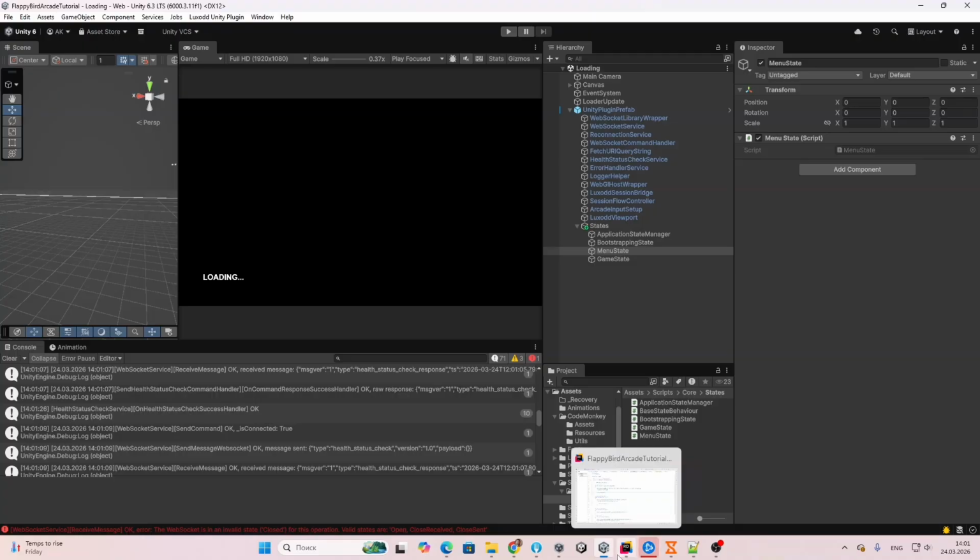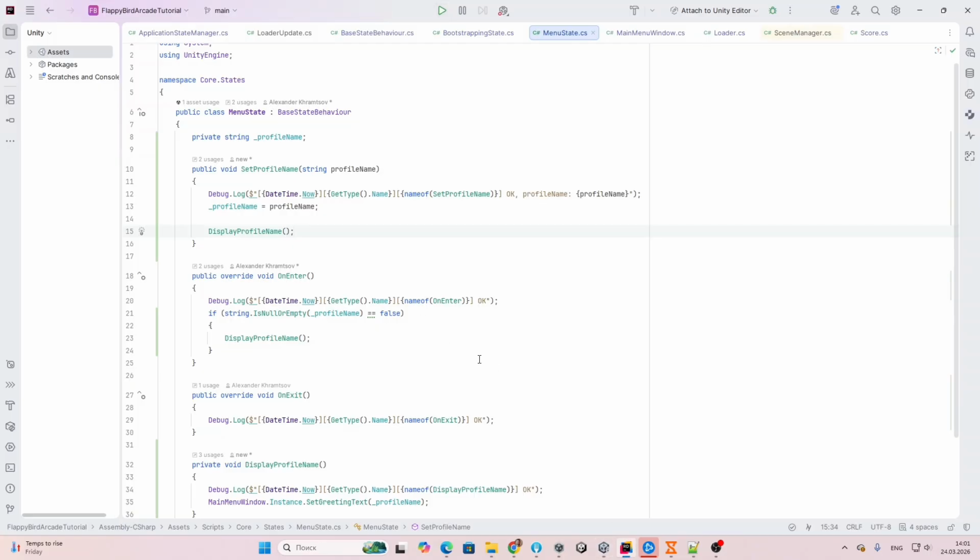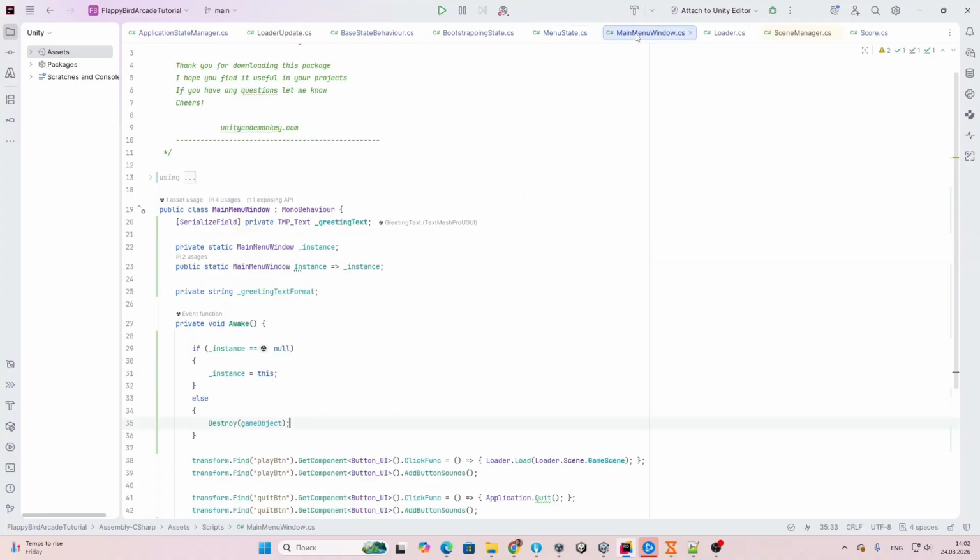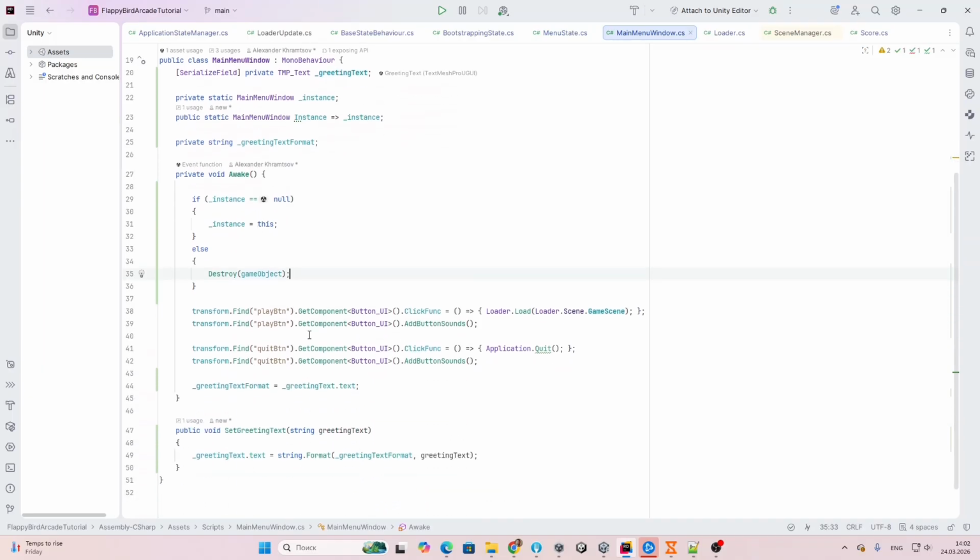What do we need to do? Because we have a play button, we need to understand that the player clicked on this button, and after the click we should switch state from the main menu, from menu state, to game state. We have a main menu window, we have these things about button UI and how it works, but it's not okay for our goals, so we need to add a simple event